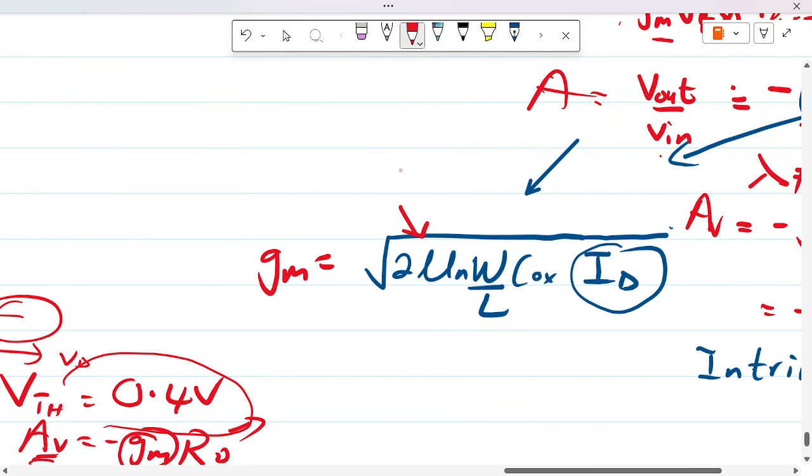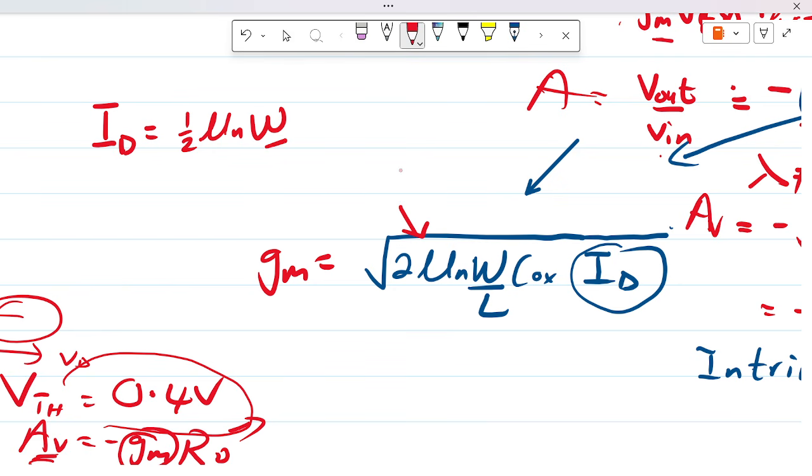I'm not so sure. So I have this formula coming from ID is equal to the saturation formula, one half mu n Cox W over L. Ideally, I'm supposed to write these together, but for some reason I always manage to put this in between them. VG minus VTH, okay, squared,